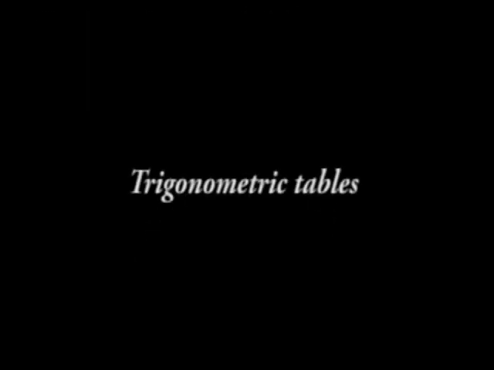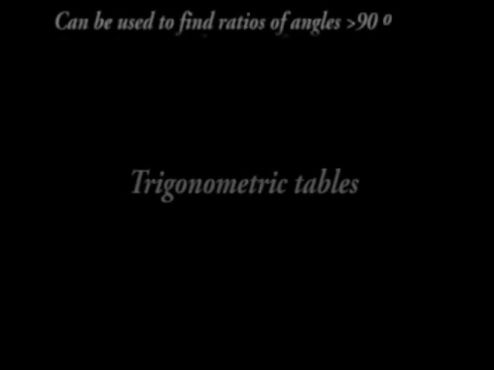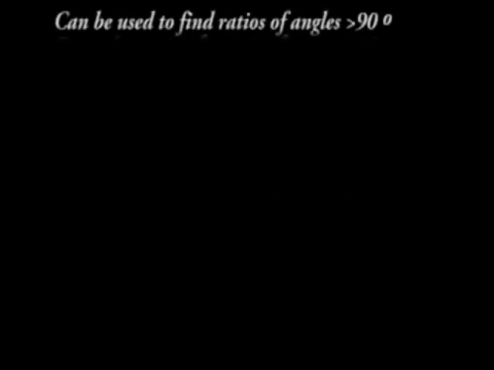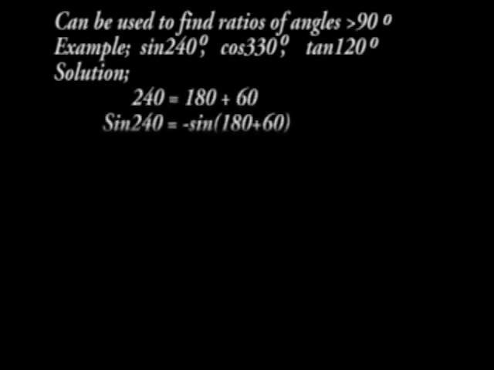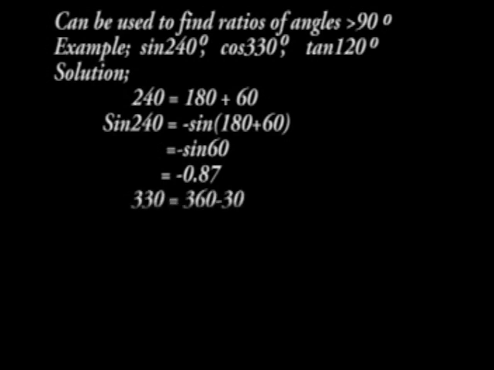Trigonometric tables. We can use these tables to find the ratios of angles greater than 90. For example, sin 240, cos 330, and tan 120. In our solutions, 240 degrees is the same as 180 plus 60, and therefore sin 240 is the same as negative sin 60, which is negative